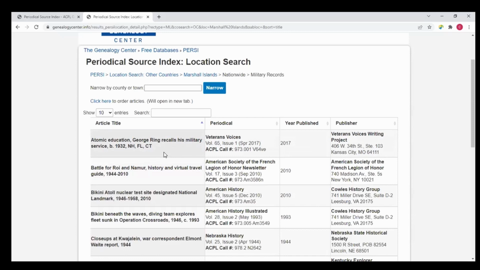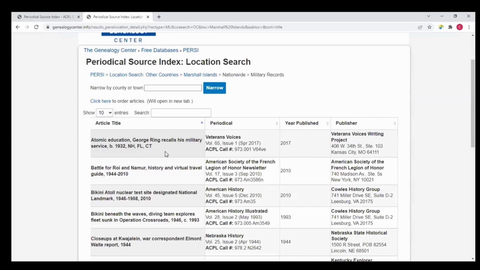Who knows, particularly in the United States, in Canada, we know that a lot of societies have published ancillary materials to their serials, their quarterlies, their newsletters, their monthlies. So in contacting the society, we may actually get pointed to a website that is rich in data that helps us find more about our story. So I would offer to you that the number 1 way to get a copy of an article is to contact a publisher. And that's so easy to do in PERSI.